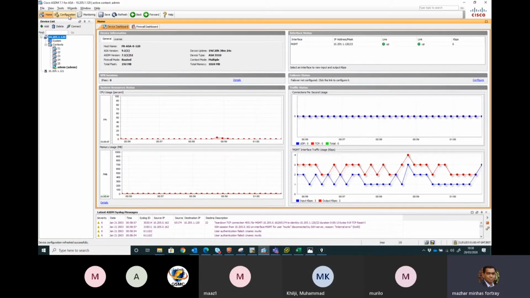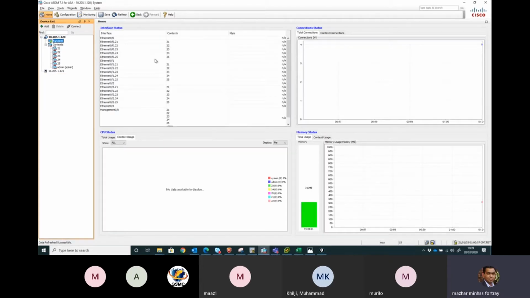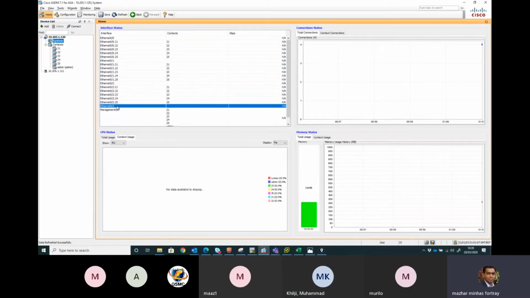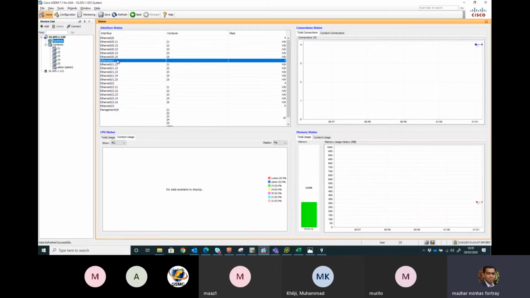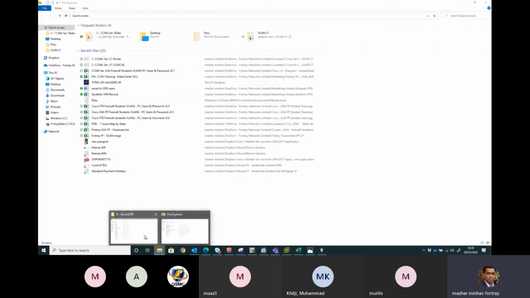In terms of port connectivity, you can see the ports. For example, if you go to Monitor and then Interfaces, here you can see all the ports: 00, 01, 02, 03. These are the physical ports we have. Of the 4 ports, 3 are used for connectivity. The 4th port is used for connecting back to each other, which I will show you in a minute.